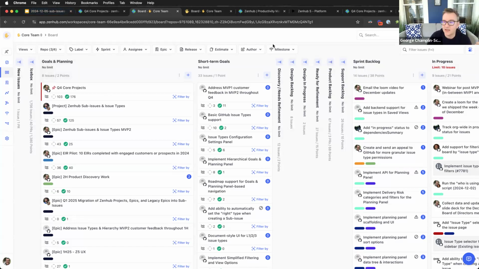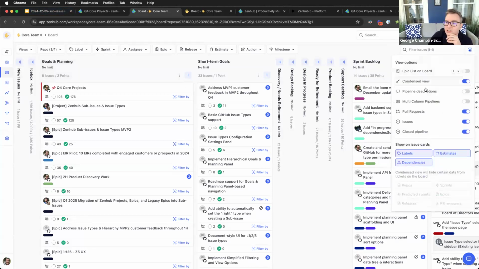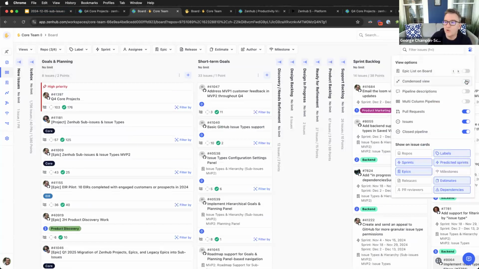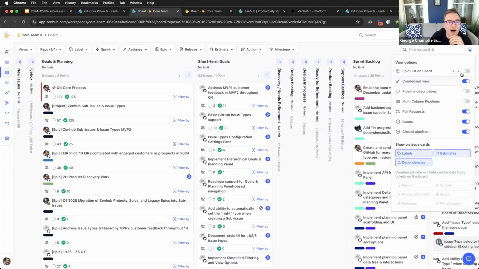I've got this in compact mode. So under the view settings, you can either set condensed mode or the kind of verbose mode. Verbose mode is the normal mode where you've got a ton of stuff on every card. I like the condensed mode myself. I've also got this in wide